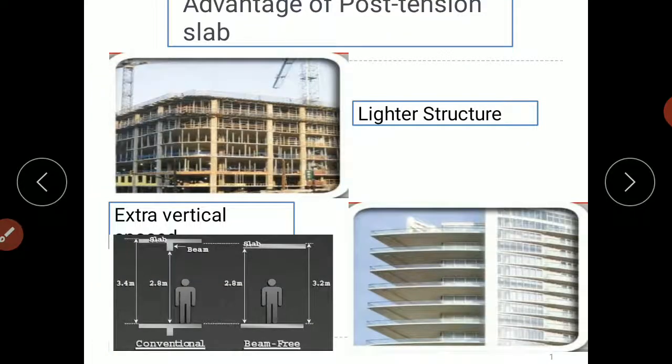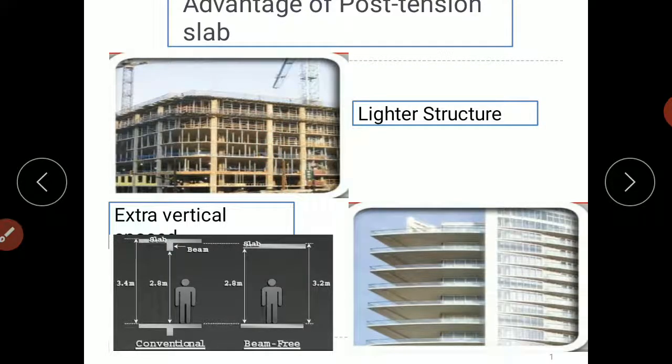So what are the advantages of post-tension slabs, where we are using a higher grade of steel and concrete? There are a lot of advantages. As you can see, this is a very huge span of the slab, and it is directly supported on the columns.